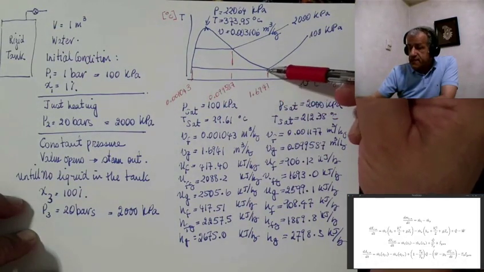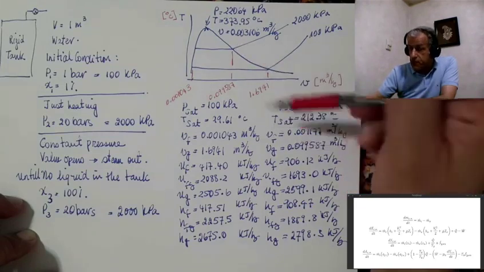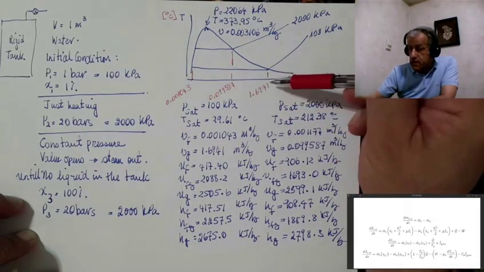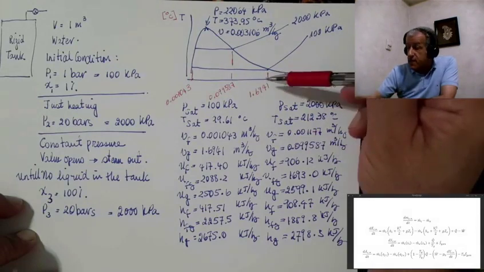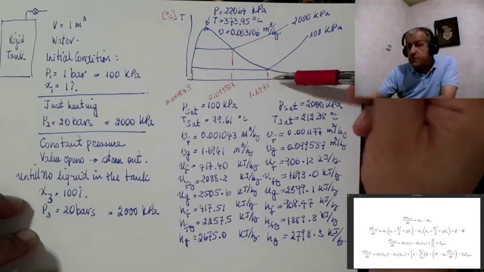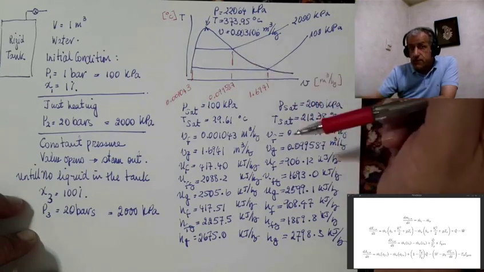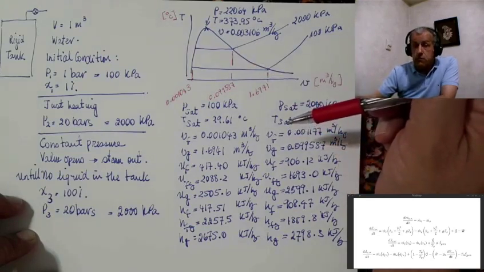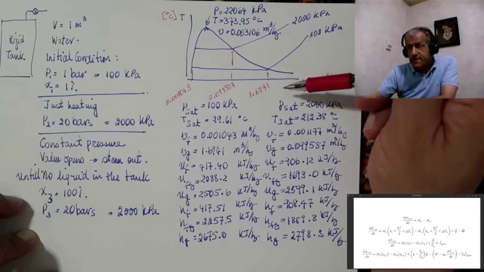This means that this point should have been 17 times further away from this point. If this is 0.1, this is 1.7 about, then this point should have been 17 times to the right as compared to this point. We haven't drawn the figure correctly, but let it be this as it is for the